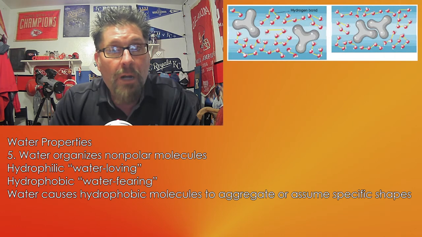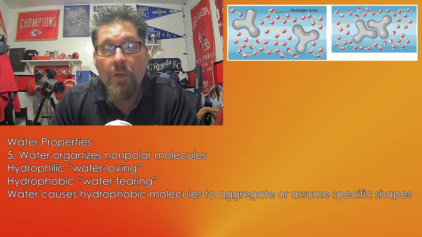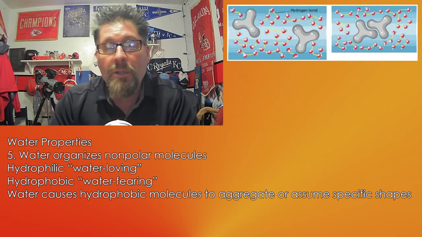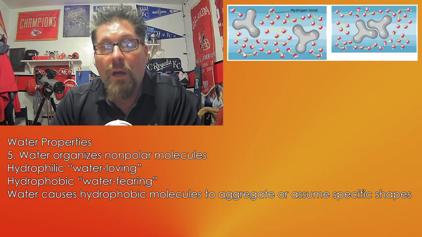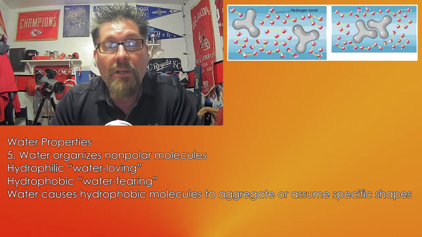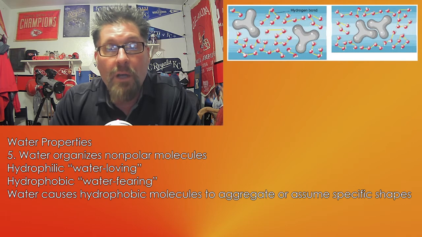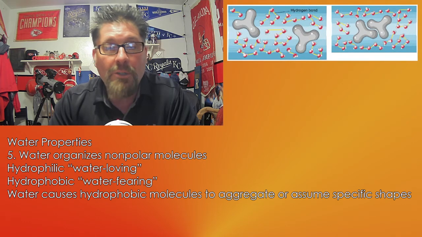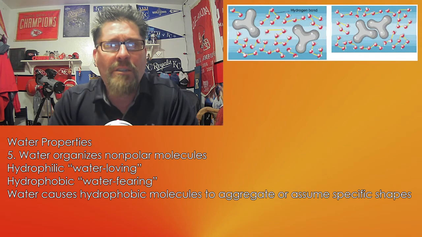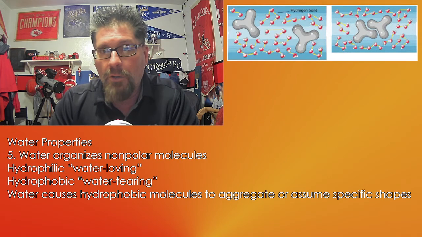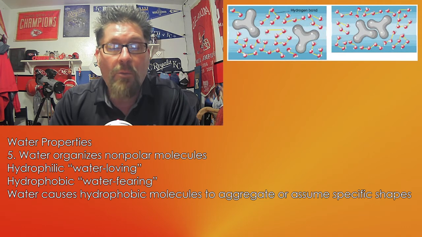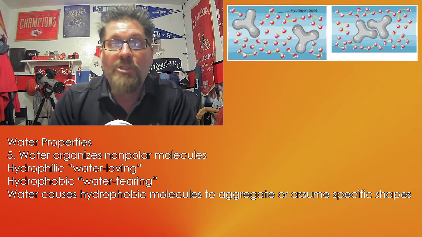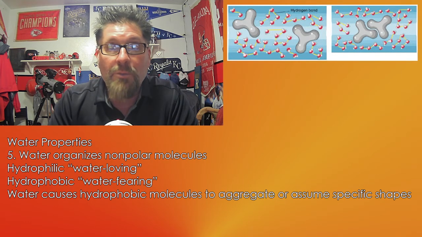When we talk about this property, the two words that we want to make sure that we're familiar with are hydrophilic and hydrophobic. These two words you hear a lot about in chapter 3. It's in chapter 5, plasma membrane. It's the idea of water loving, hydrophilic, water fearing, hydrophobic. Nonpolar molecules don't actually fear or like water. What it means is that will it associate with it or not, and of course that means will it bond with it or not.